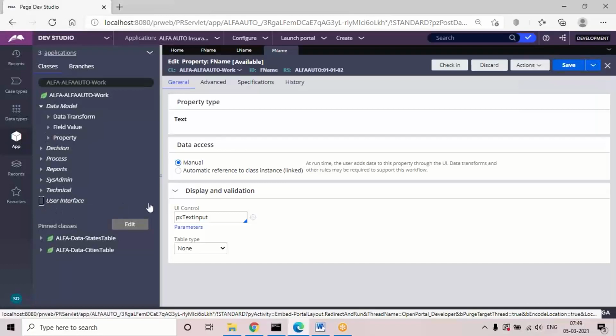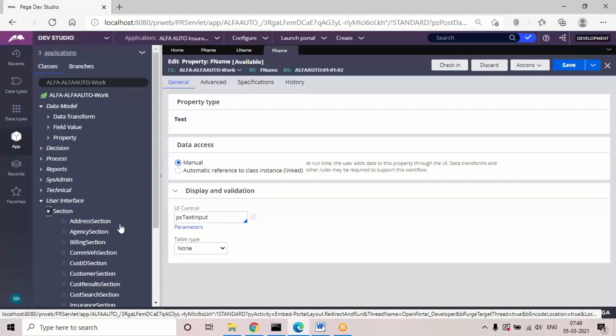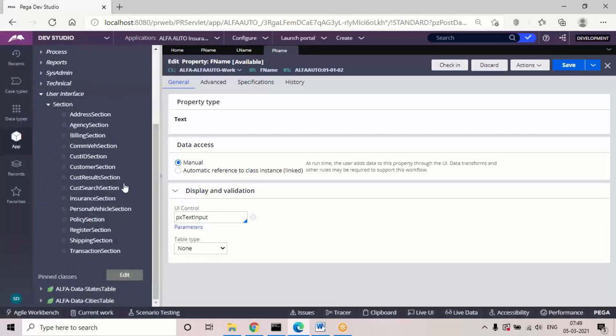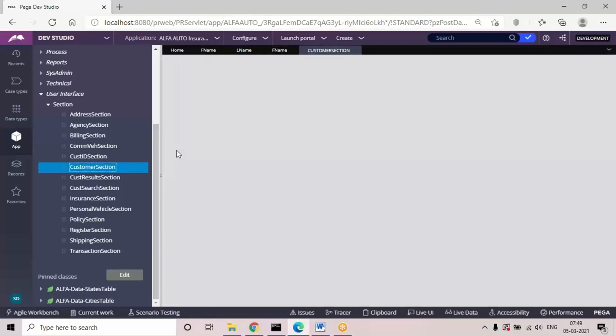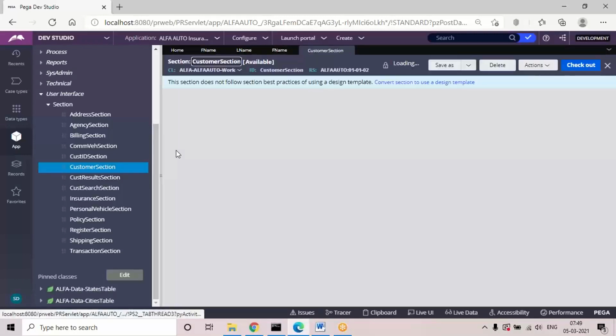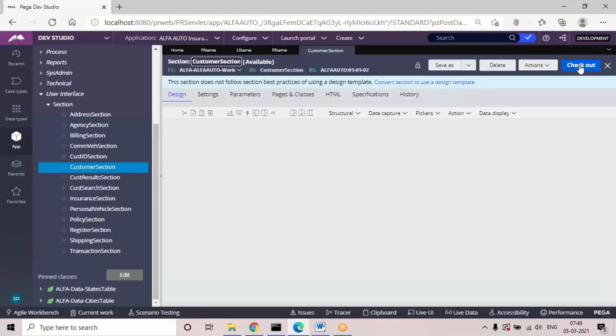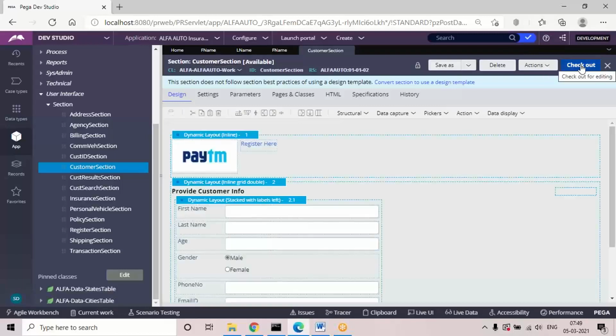Again, I'll show you practically. For example, I'm going to open a section rule, some customer section, to understand what a personal rule set is practically. So I'm going to click on checkout, guys. As I said, when I click on checkout, the rule will go to the personal rule set.